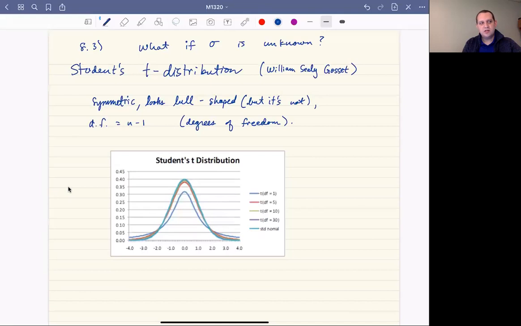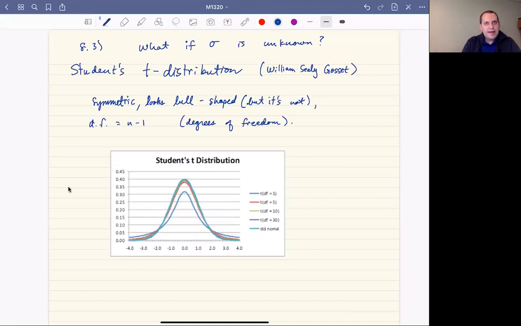So say you had 2 or 3 or 4 batches of beer and you didn't have a huge data set to choose from. He figured out how to deal with a small data set. And it turns out that there's this distribution, now called the Student's T distribution, that he developed. The reason it's called the Student's T distribution is that as an employee of Guinness, apparently at the time Guinness had a strict rule that